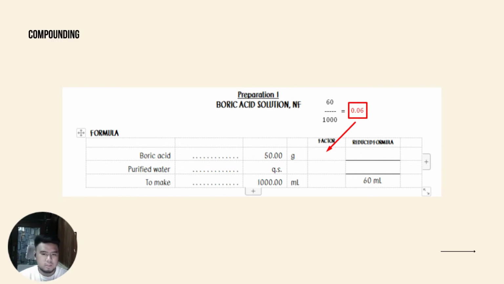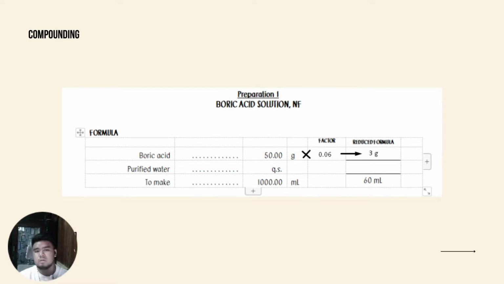What we want to do next is multiply the factor with 50 grams. Then the result would be 3 grams. So, for us to make 60 ml of boric acid solution, we need to have 3 grams of boric acid